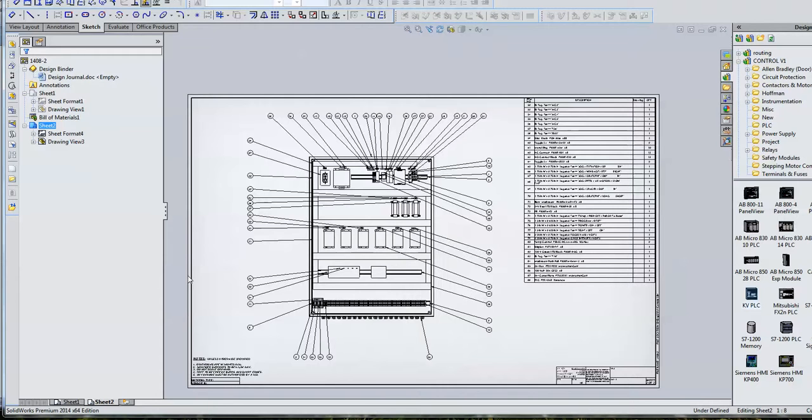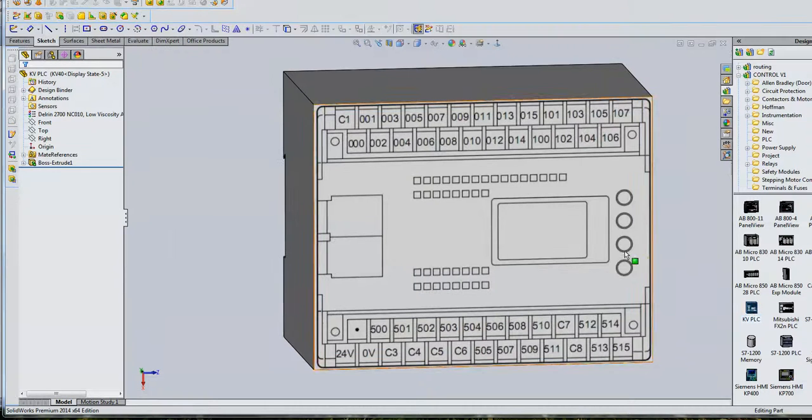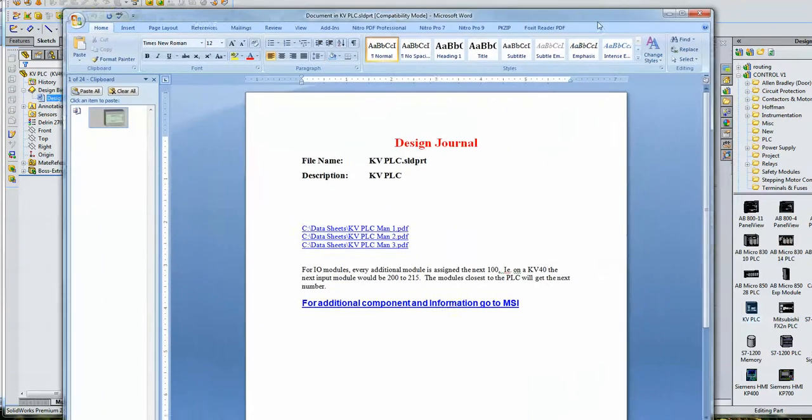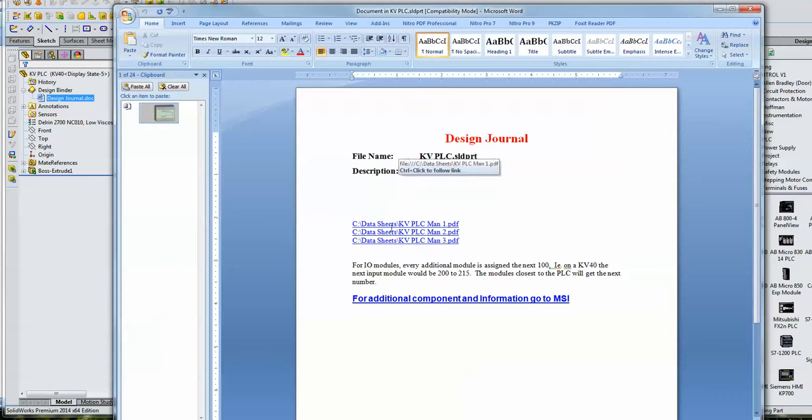So you never were able to really leverage what you're supposed to be doing with that. The other thing that has been a great advantage with having a good library is, if you look at the design binder in the MSI library, every design binder has been populated with links to data sheets. And the trick of that is that if we typed a lot of information into this design journal,